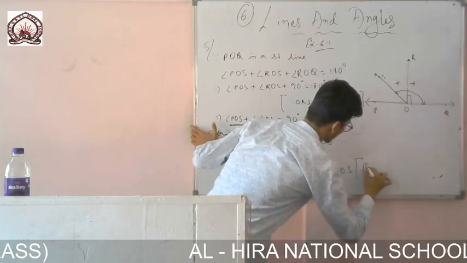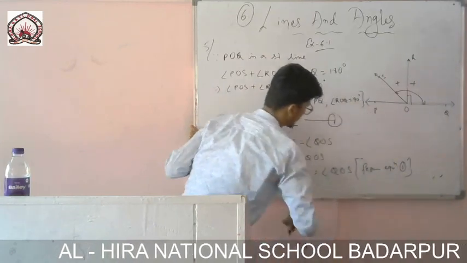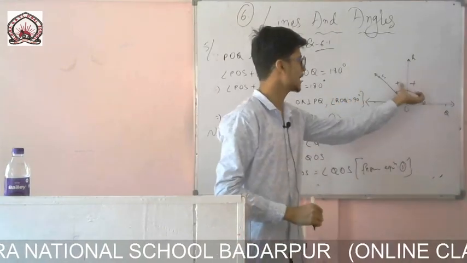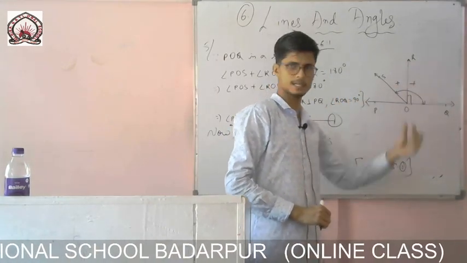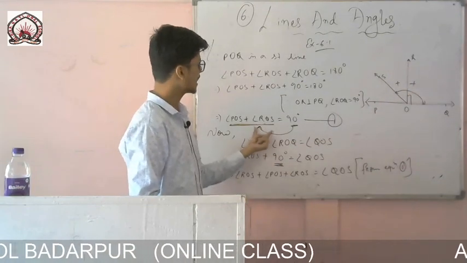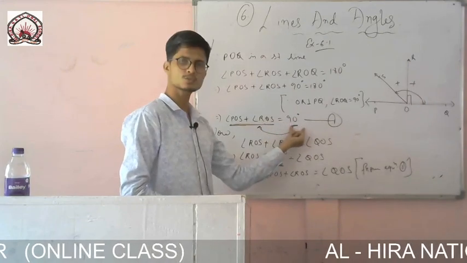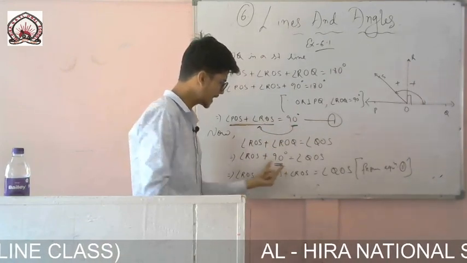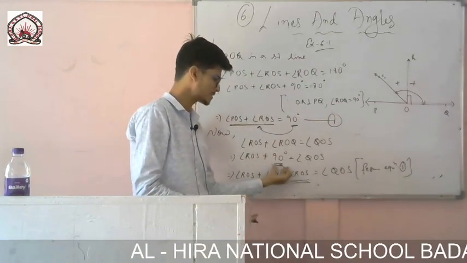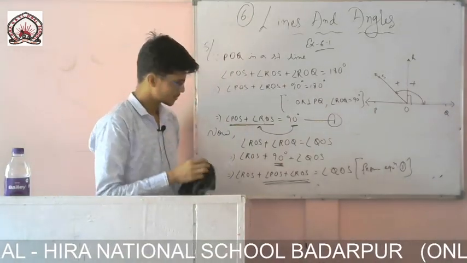There you write from equation 1. What I have done, first of all, I have written that QOS is equal to the sum of this angle plus that angle. This angle measures 90 degrees, I have written 90 degrees. Now what I have proved earlier, that the sum of these two angles is also equal to 90 degrees. So in place of this 90, I can write this one, same thing. Okay. So now you see,